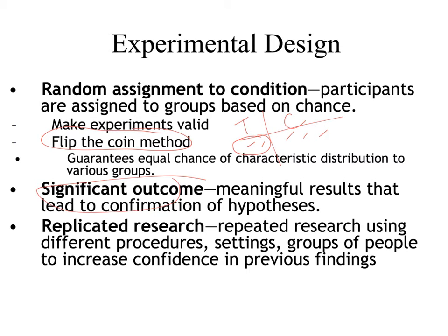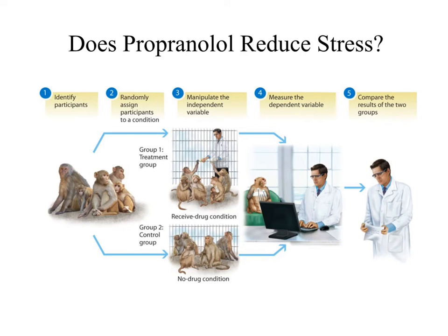In order for us to be certain of the relationship between the independent variable and the dependent variable, we must replicate research. That means that after conducting an experiment in our class, I may have to go over to the class next door and ask them if they could participate in a study again. And based on that, I could go to the next building, to the next campus, to a next state, and then the more studies that reveal similar findings, the more certain I am that the relationship between lighting and test scores exists. For those of you that are visual learners, here is a picture that would allow us to understand